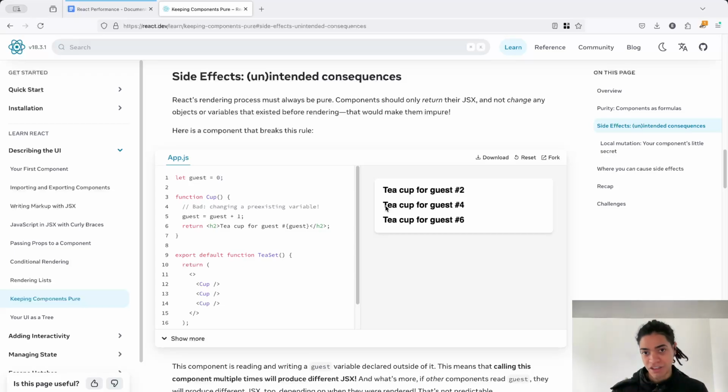But closure is this nice little bonus feature that allows us to remember persistently data that is outside of its scope,